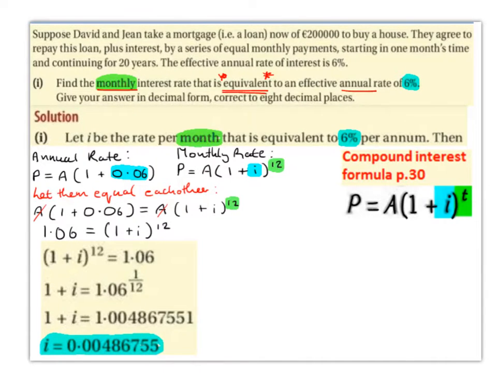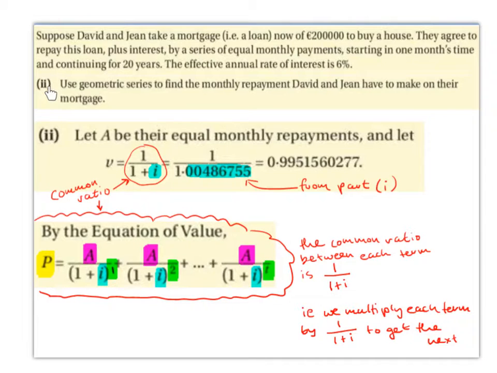0.00486755. Part 2. Use geometric series to find the monthly repayment David and Jean have to make on their mortgage. So we're going to let A be their equal monthly repayments, and let V equal 1 over 1 plus I, which is going to be 1 over 1.00486755. We got this number in part 1, which gives us